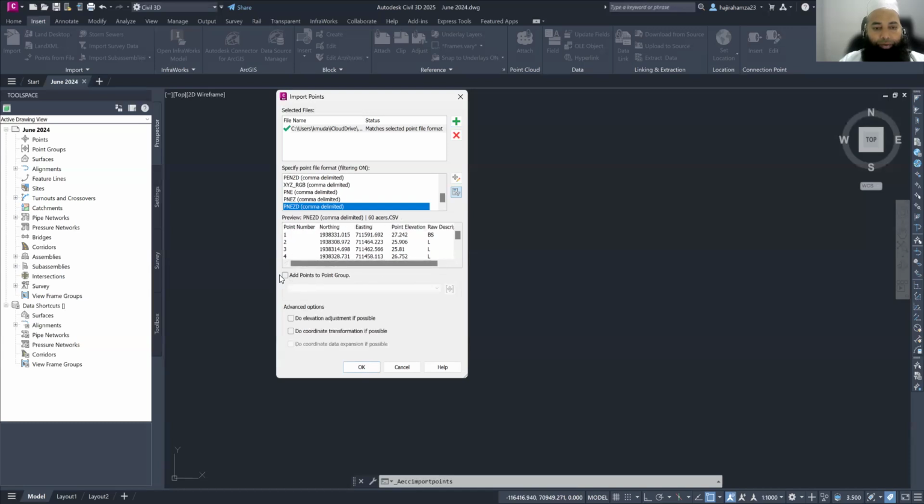Here I have an option of adding points to the point group. At this stage, I do not want any point groups because this is the only set of data which I will be working with. And then coming to the advanced options, here it's asking me if I need to do the elevation adjustment. I do not need any elevation adjustment because this is original survey data. I don't want to tamper with it, so I'll just leave it as well. Click OK,